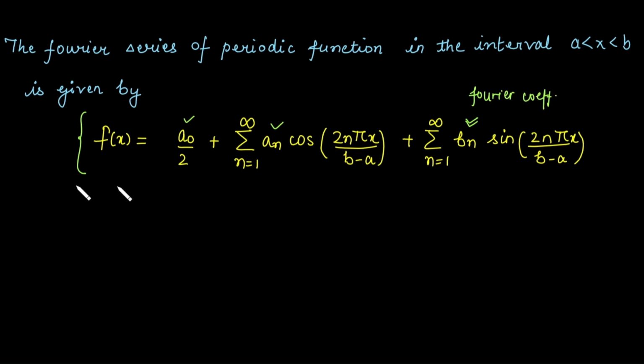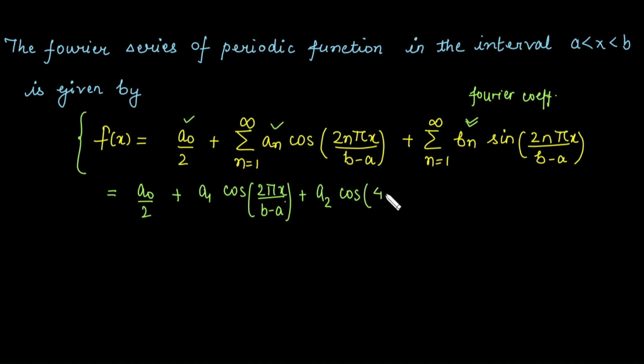Now if you expand this, we have a0 by 2 plus, take n equal to 1, we have a1 cos of 2 pi x by b minus a, plus n equal to 2, that is a2 cos of 2 times 2, that is 4 pi x by b minus a. Next term is a3, because n is equal to 3, a3 cos of 6 pi x by b minus a. So this sum continues till infinite terms,